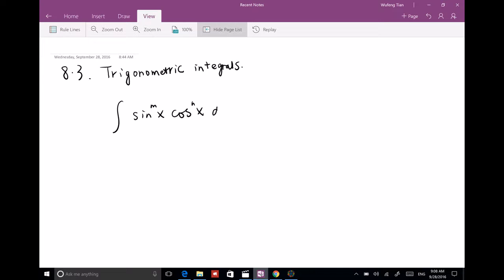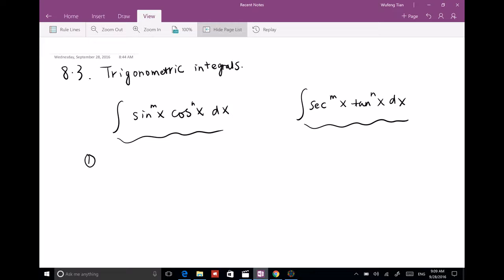power n dx. And secant x power m and tangent x power n dx. Sine, cosine, and m and n can be any integer. So we have these two forms, which are very usual for trigonometry integrals. Right, so the first type of question is,